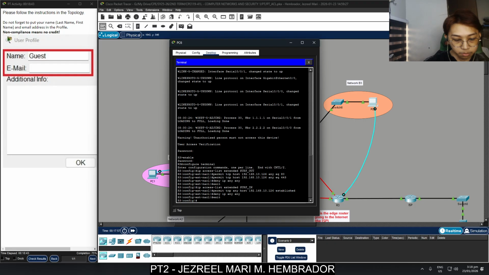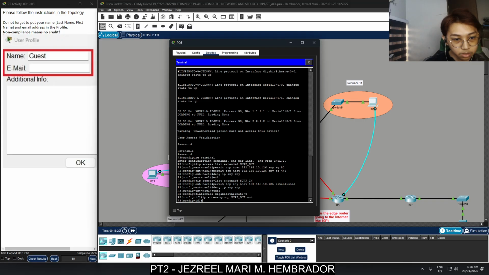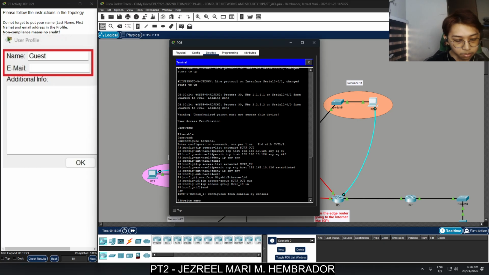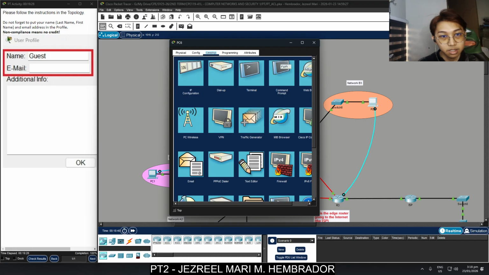So here we're going to type interface GigabitEthernet 0/0, ip access-group surf_out out, and then ip access-group surf_in in, and write memory. So we're done applying the ACLs.